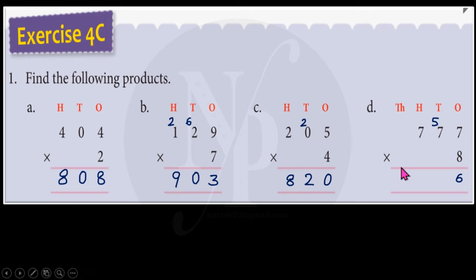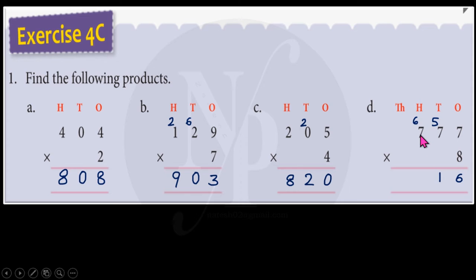Now again multiply 7 at the tens place by 8. So multiplying 7 by 8, what do you get? You get 56. 8 7s are 56. You should add 5 to 56. So 5 plus 56 is 61, isn't it? You get 61. So 61 tens are regrouped as 6 hundreds and 1 ten. So we carry forward 6 hundreds to the hundreds column and we write down 1 ten in the tens column.